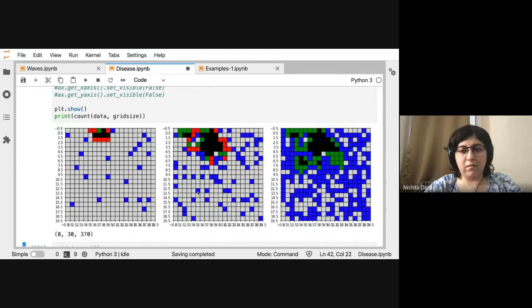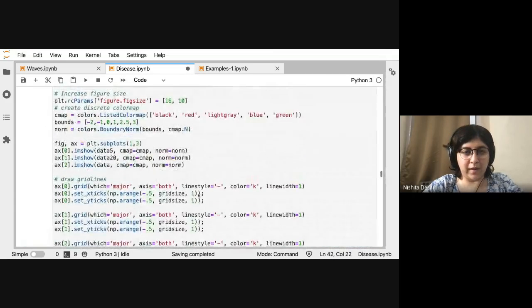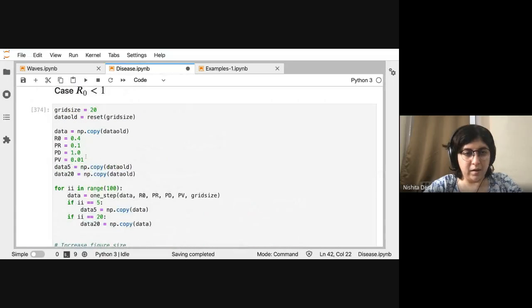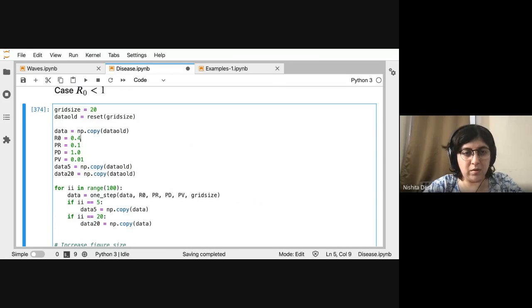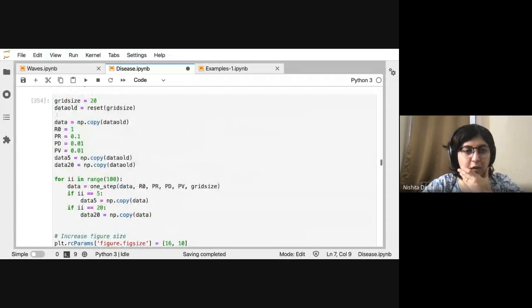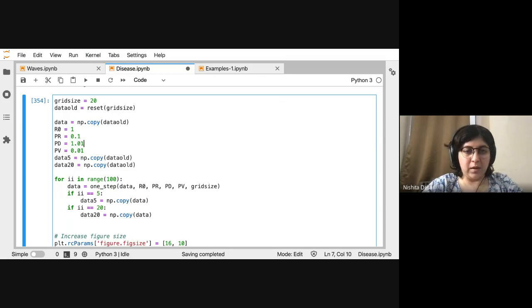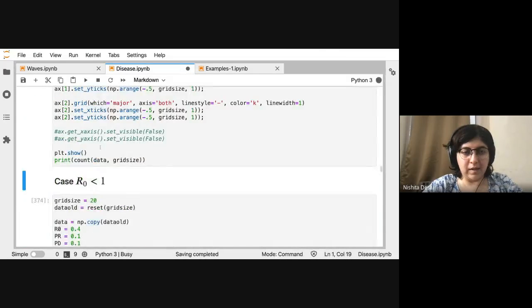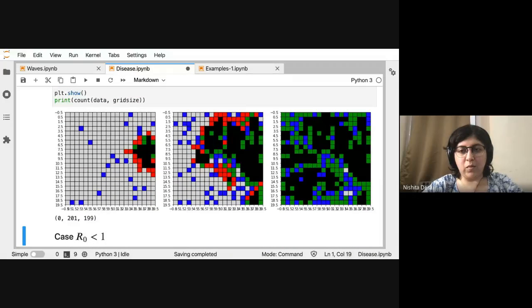There. Okay, so this was already with a lot of vaccination. Let me put the vaccine. Let's go to the earlier one. So this was with R naught equals 1. Let's put 0. This is what happens if you have a large death rate.